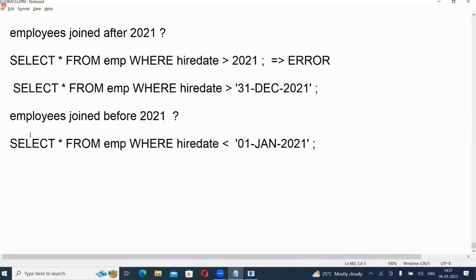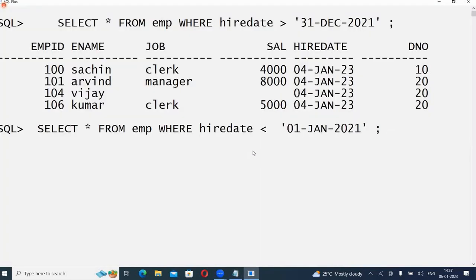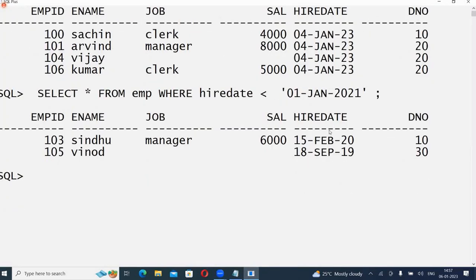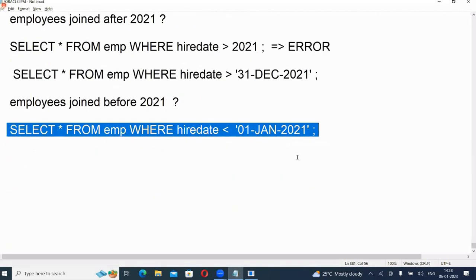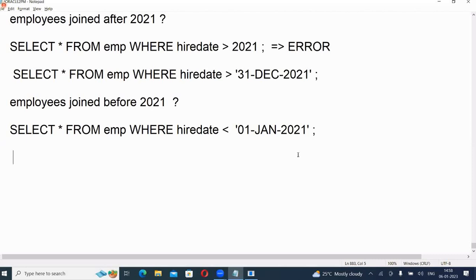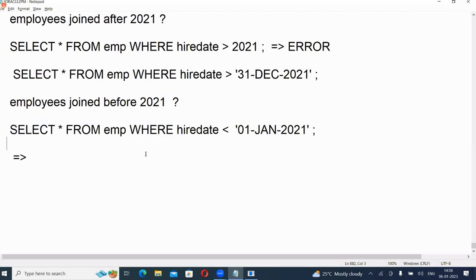So, execute this. See, there are two: one joined in 20, one joined in 19. So they are before 2021 or not? Yes. Okay. So this is always like a condition, which means you should immediately get a result like this. Okay. Next, I want to see